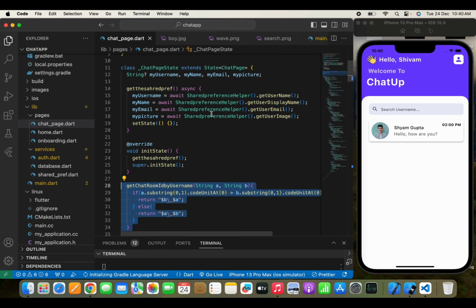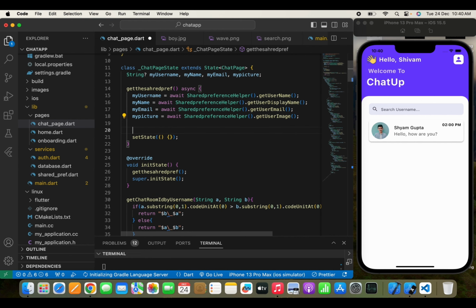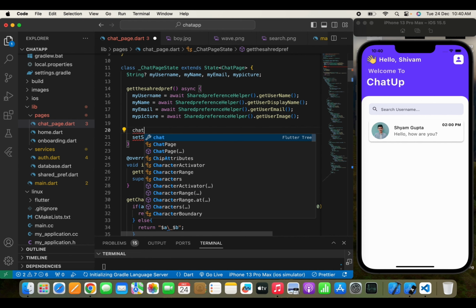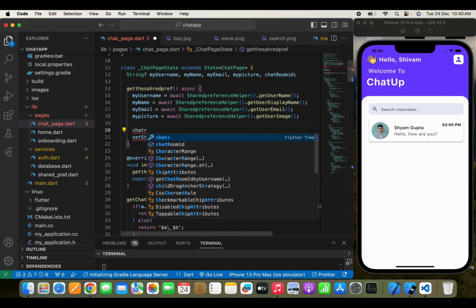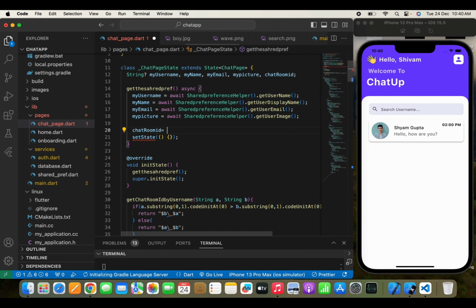Now I need to simply get all the chatroom ID here, so I will write chatRoomId. For that I need to create a string which will be a chat room ID, something like this, and here I will write chatRoomId is equals to getChatRoomIdByUsername, and as